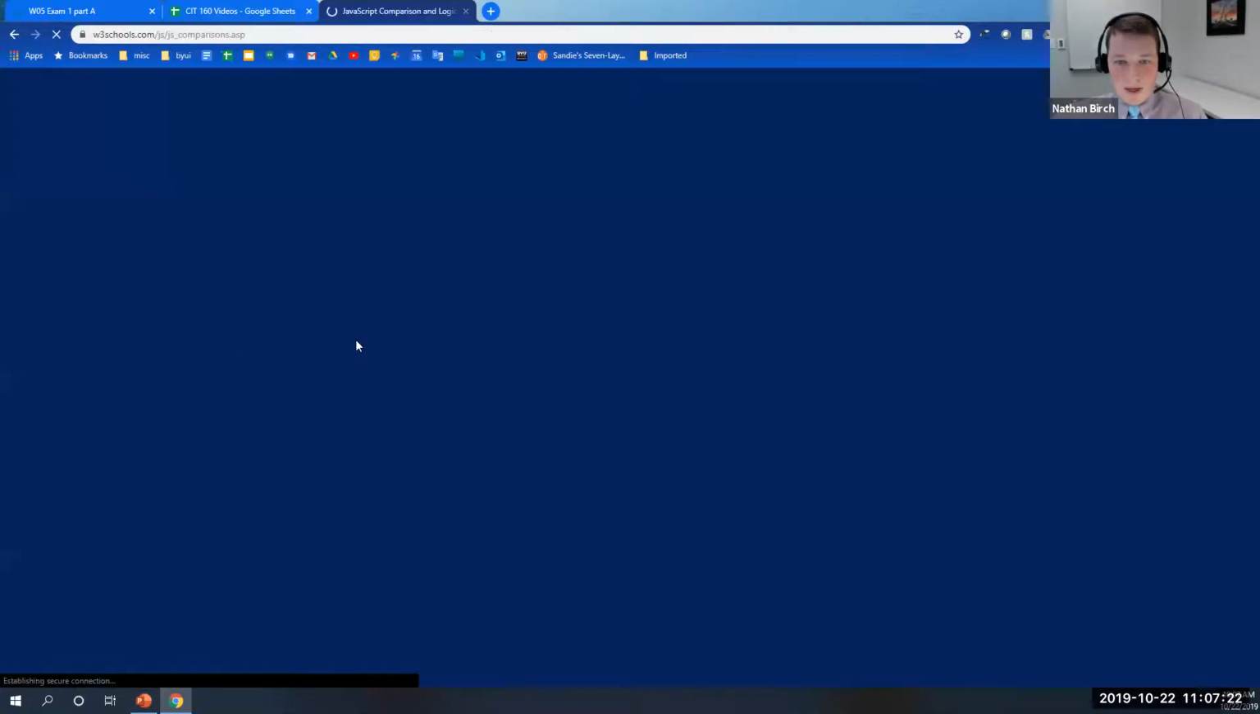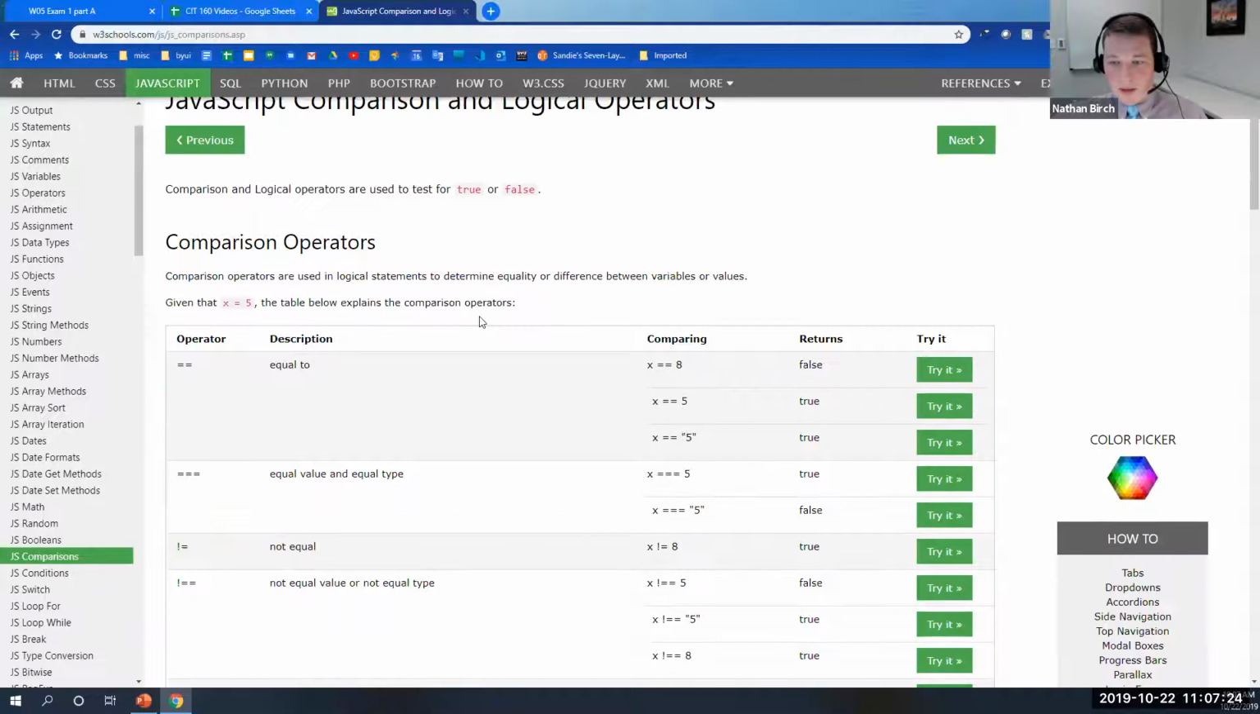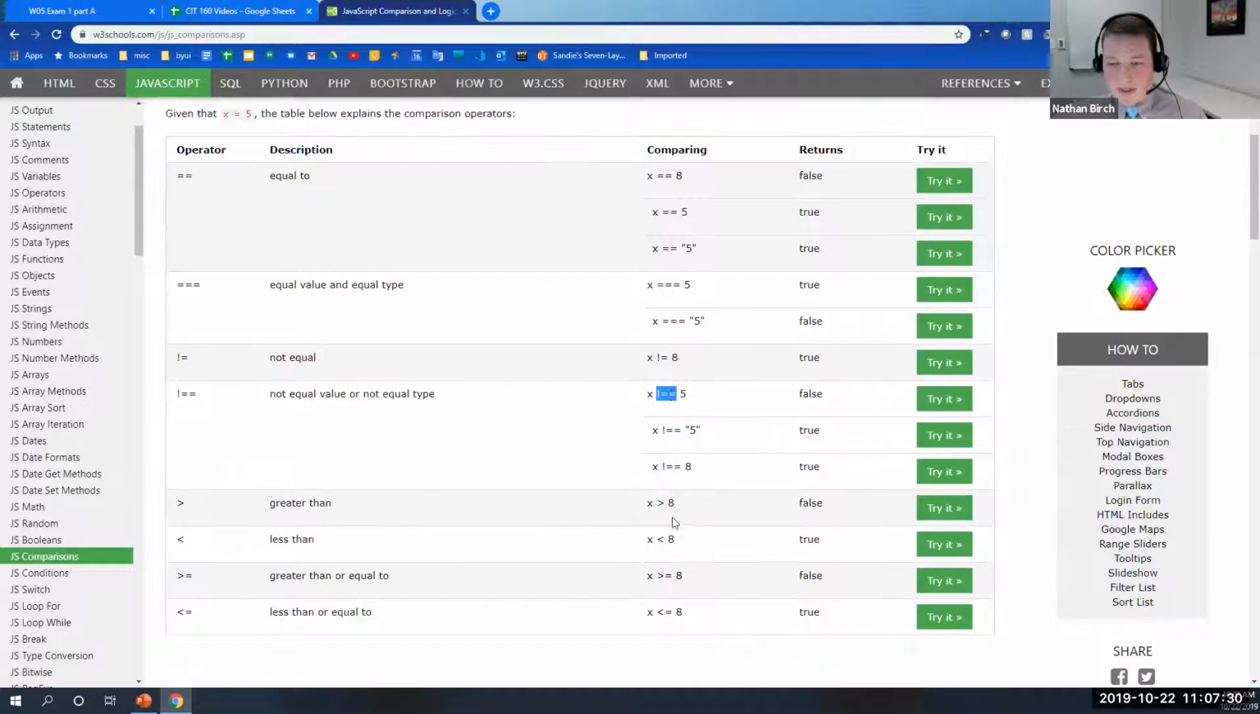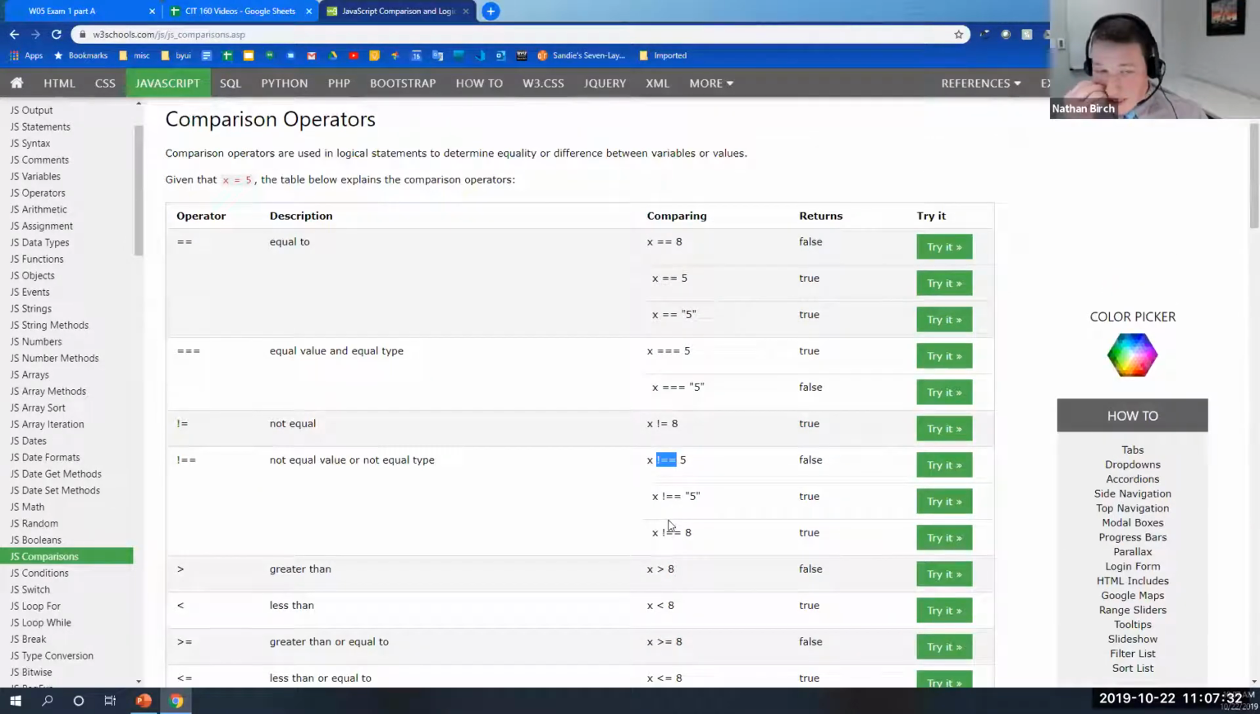Okay, you'll notice if you Google it, JavaScript relational operators. Let me find a good one here. You'll notice also there's a triple equals and a triple not equals and so forth. These are very similar to the double, okay? So this is just is equal to, and this checks for if the value and the type are the same,